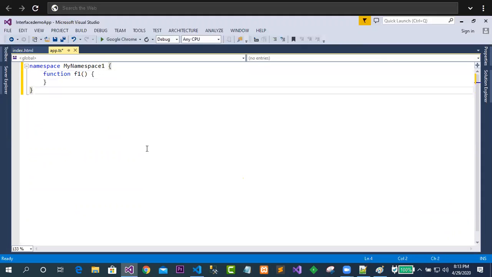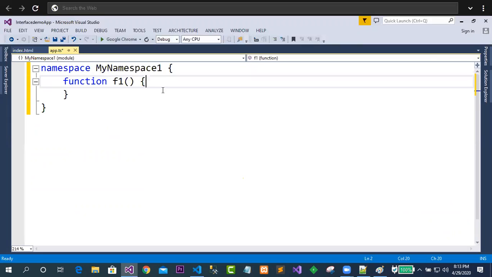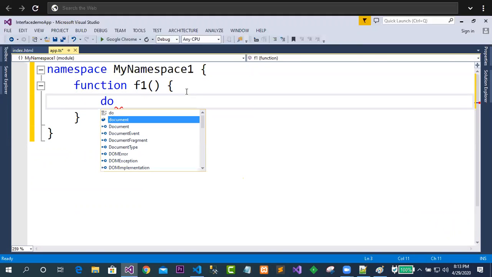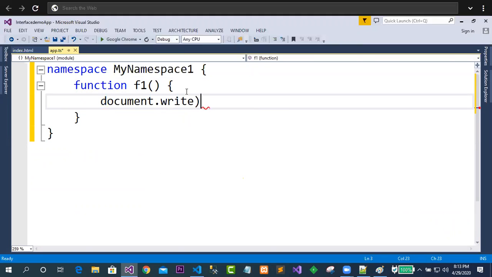In this f1, I am just going to print using console, or I can use document.write, simply saying f1.